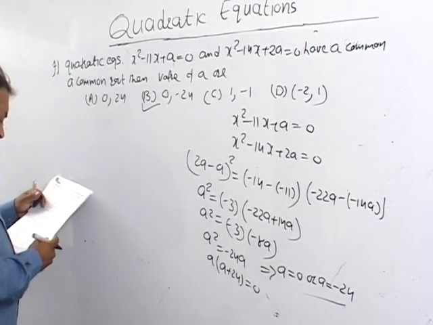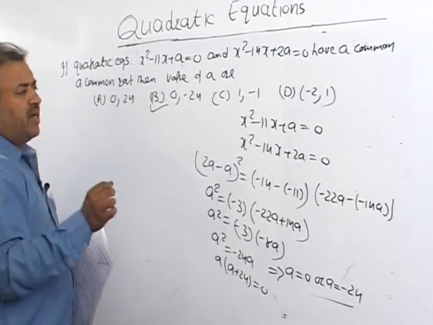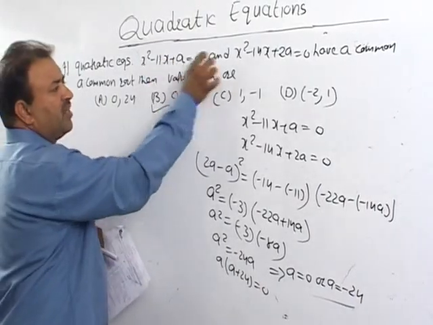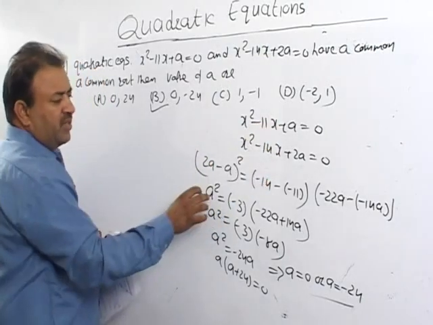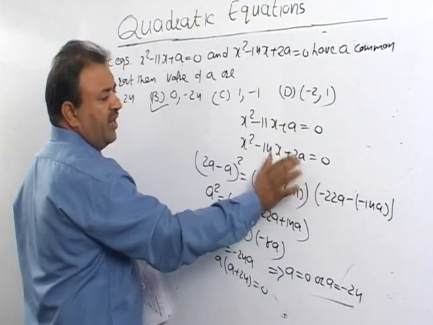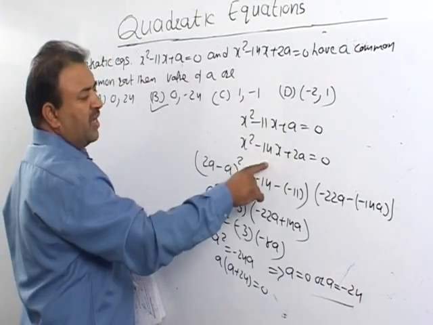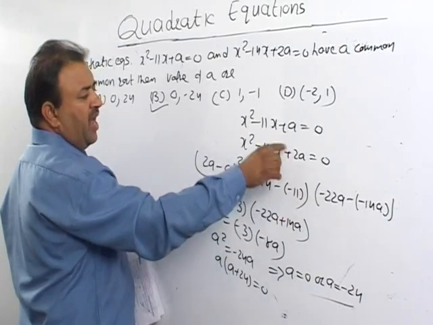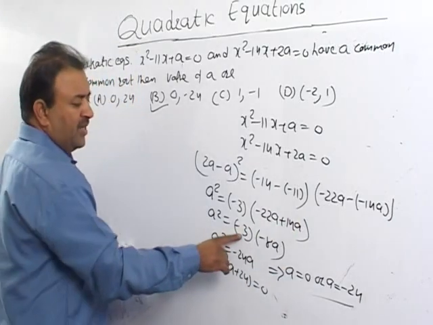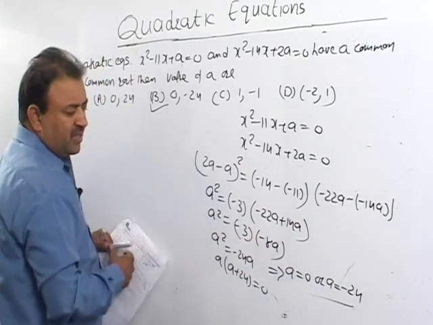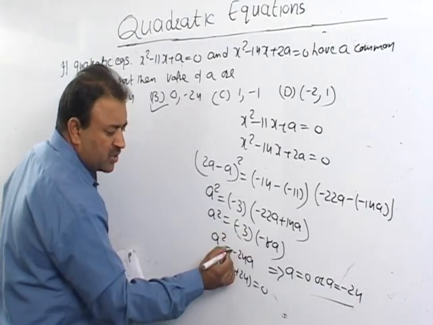Let us once again check it out. Once again understand the method: write down one equation, write down another equation under it, then apply the condition. Keep your hand over the middle term, it is 2a minus a the whole square, then this into this minus this into this, minus 14 plus 11, and minus 22a plus 14a, in this way. Now minus 3 into minus 8. Be careful, we have made a mistake here, negative will be positive.